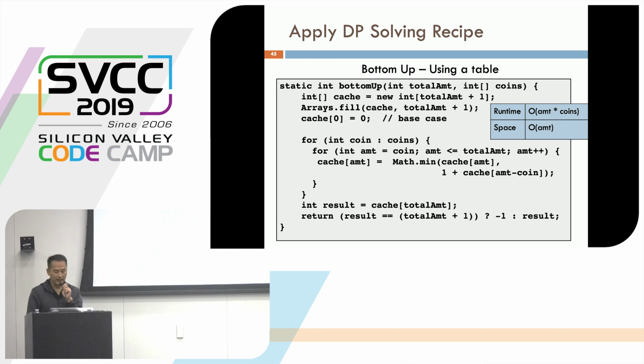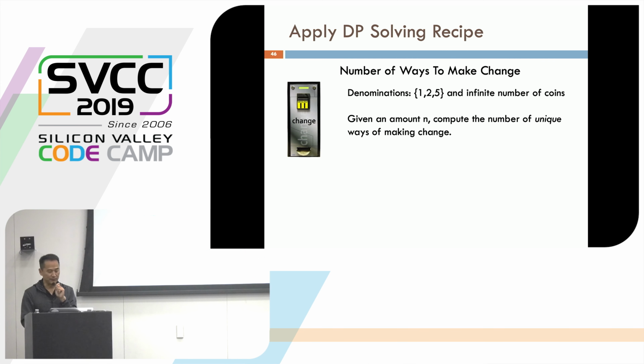Okay, so a slightly different problem, still related to coins. So far we've done max and min. This problem is not about max and min. So we have denominations, and again, an infinite number of coins for each denomination. Given amount n, compute the number of unique ways of making change. So we're not doing optimization, we're doing counting. But DP is still applicable